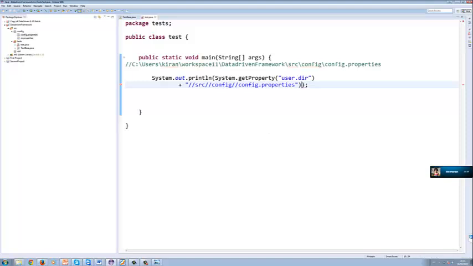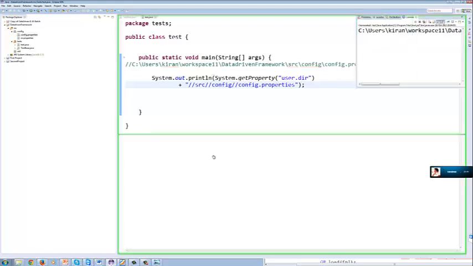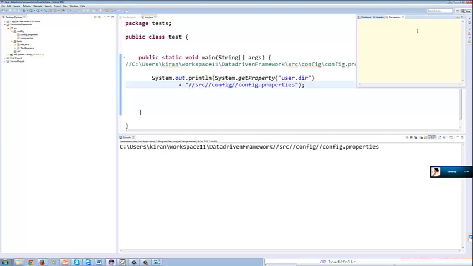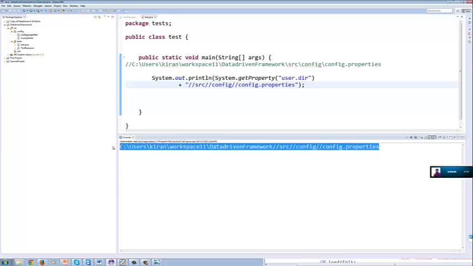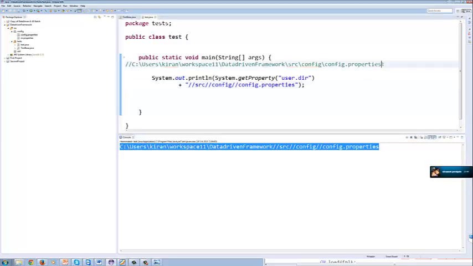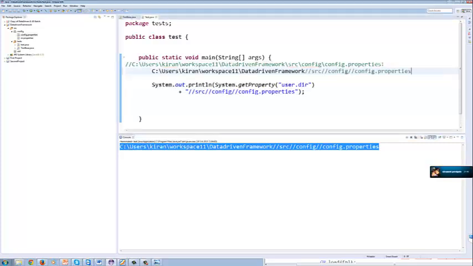So it says there are errors in the project, extra bracket. Run as Java application. So you got the output here. So what is the output? Exactly the same thing. Okay, so if I copy the output and paste it, it will be exactly the same,